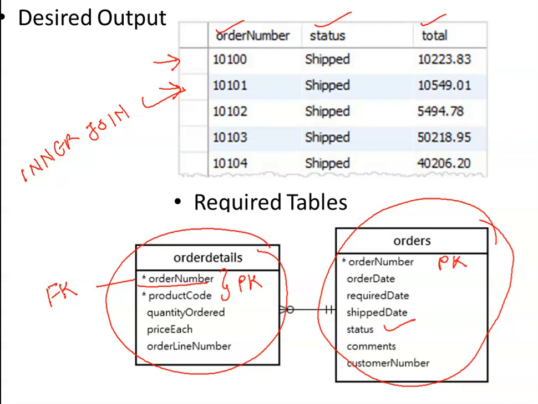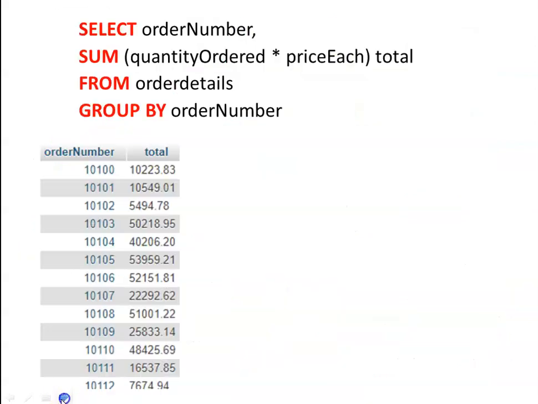We have seen in our previous slides how we can multiply two attributes and then add up more than one tuple using the sum function. So we did this in our previous slides. So attribute 1, attribute 2, and then pass this as a parameter to the sum function. We'll look at the query. How do we execute it?